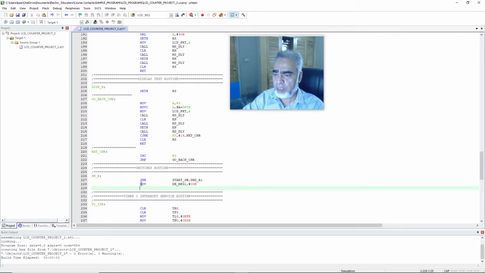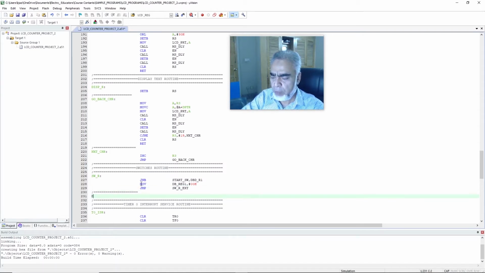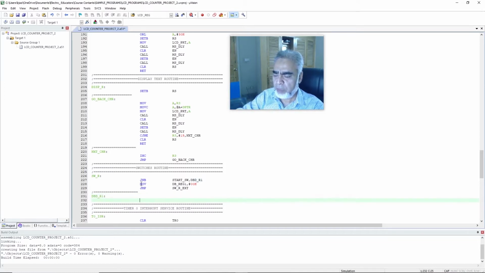So we will write that is jump sw_r_ext, but if the status of the start switch will be 0, then our program will jump to the subroutine, that is dbd_r1, and here we will write the subroutine, that is debouncing delay routine 1. So we will write that is dbd_r1 using colon, and here we will write that is